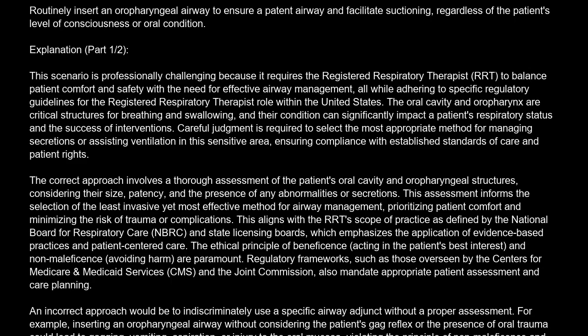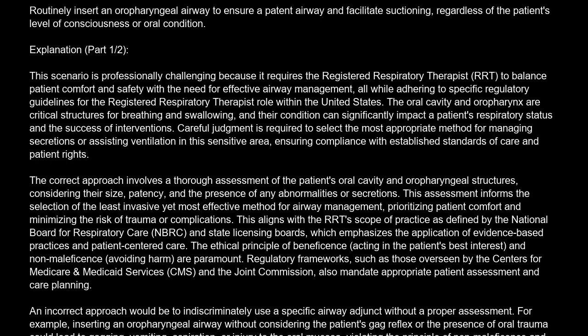The correct answer is C. Routinely insert an oropharyngeal airway to ensure a patent airway and facilitate suctioning, regardless of the patient's level of consciousness or oral condition. Explanation. This scenario is professionally challenging because it requires the registered respiratory therapist, RRT, to balance patient